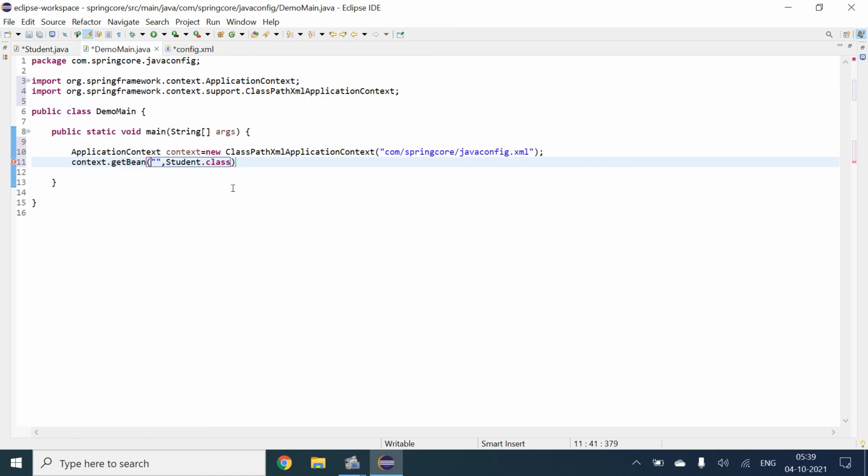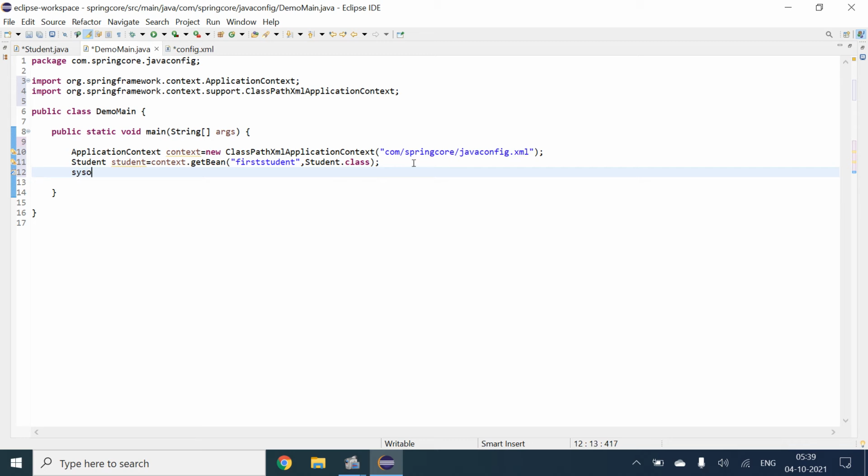I will paste it here, student, and then after that I will give the print command, syso student.